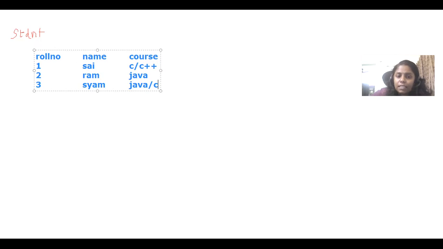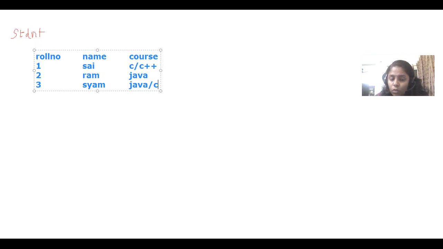As per the concept, this is true, correct? The student roll number is given, student name is given, and one student can select any number of courses, or one student can study any number of courses. As per the concept, this is correct. But as per the normalization rule, this is not correct, and we can say that the table is not normalized. Why is it not normalized, or why is it not following the first normal form rules?